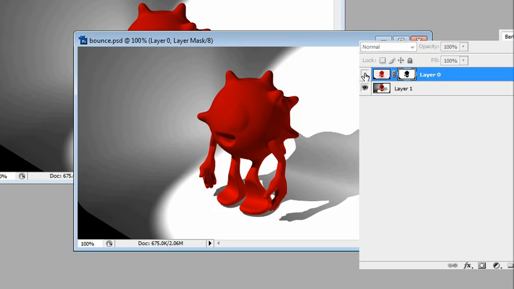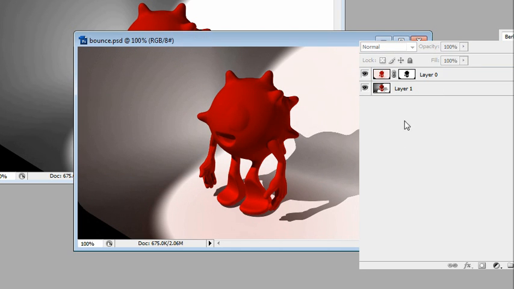So as you can see, we now have a red bounce in our shadow area and the highlights too. And we can put this down to like 75 to make a more realistic result. So now you have a red bounce,